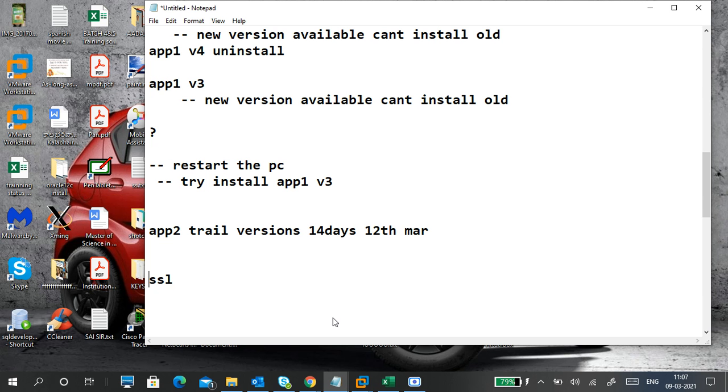SSL verifies the dates. It is compulsory that the date be synchronized: the correct date and time as per your time zone. Otherwise your Gmail account won't open, Facebook won't open, any HTTPS site won't open. Even Google won't open because SSL is restrictive. The date must be correct. If I want to use 1999 instead of 2021, SSL won't agree. The certificate will show a big difference. So that's how it works.